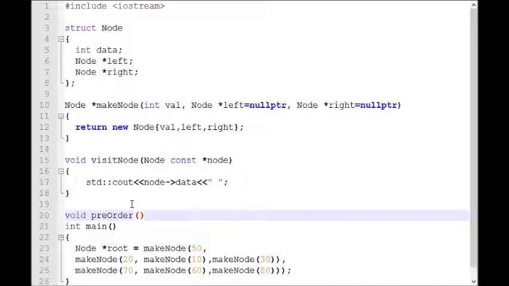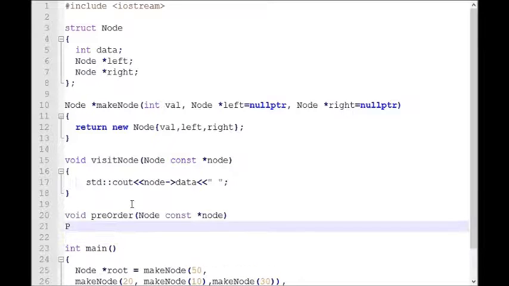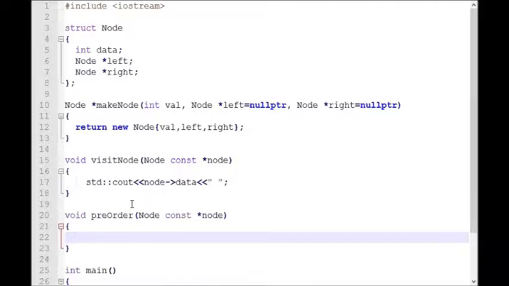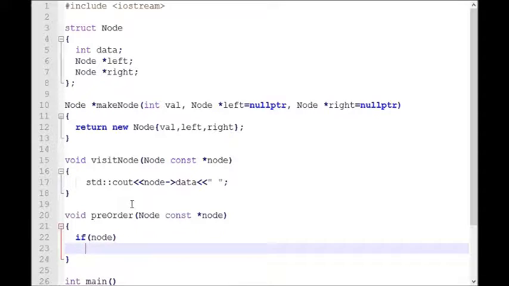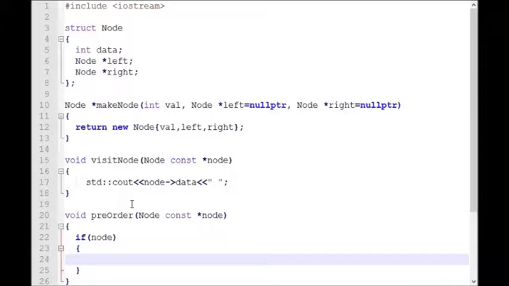So the function pre-order takes in a pointer to a const node. If node is not a null pointer, we will simply visit the node